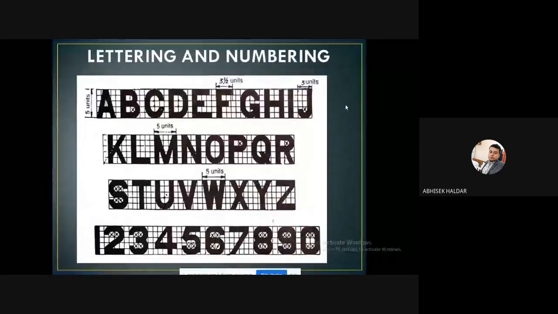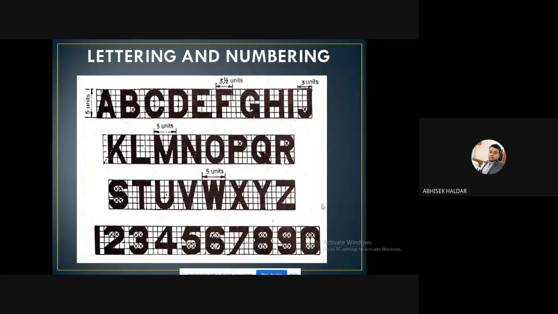Next is something very basic: lettering and numbering. Very important, lettering and numbering in the context of engineering drawing. You may be surprised why sir is showing ABCD. We all know ABCDEFGH. Why is sir showing these things, or the numerals 1 2 3 4? My point of concern is not showing you ABCD. My point of concern is to show you the fashion or the rule of how to write something in